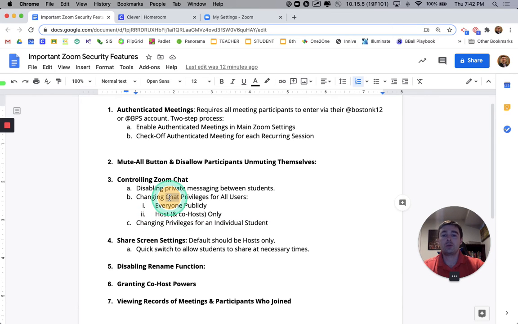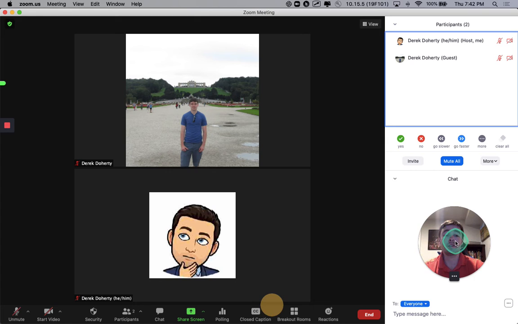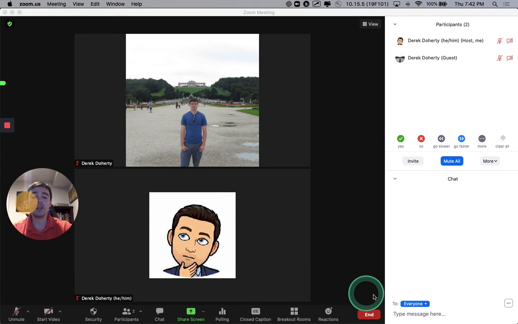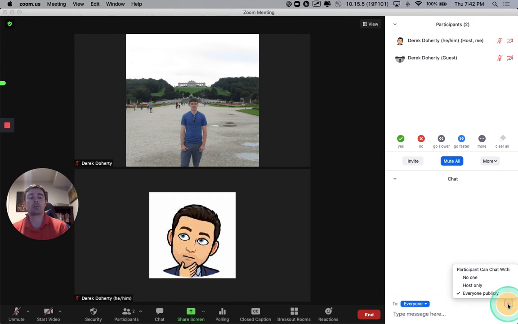What I would first do, if I'm thinking about changing chat privileges, is know the different levels of chat privileges. So that's what we're going to look at right now. When I'm in the Zoom chat, I hit chat to open this chat window, and so long as this bar says everyone, so long as I'm chatting to everybody in the room,